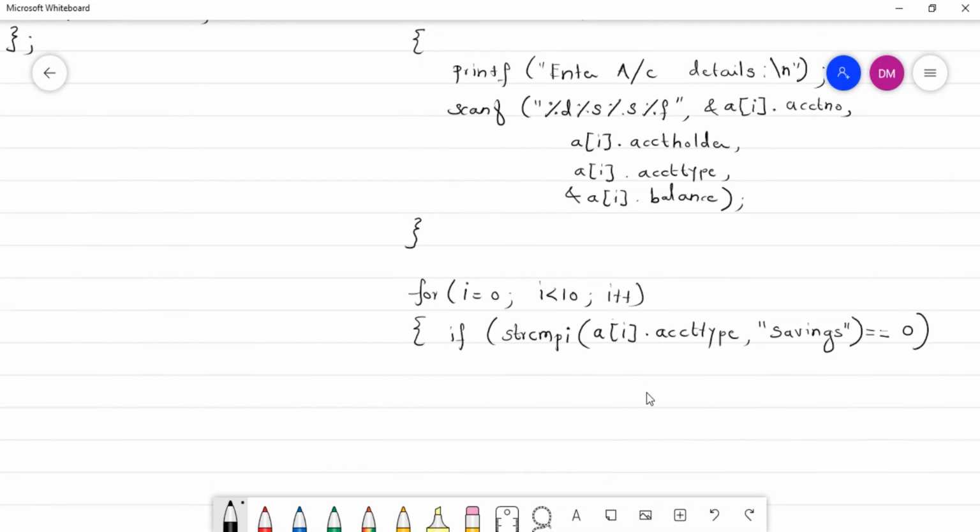But the simple overview of the strcmpi function is that it compares both the strings, and while comparing, it does not consider the case, meaning it is a case-insensitive comparison, and when both the strings match, it will return 0. That's why we are comparing it with 0.